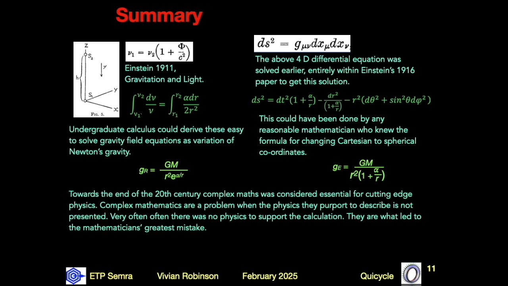Mathematics without a physical reason is now an accepted norm in many aspects of modern physics. Fortunately, it is mainly of theoretical interest. As mentioned earlier, the mathematicians responsible for that regarded themselves as the elite, the best of the best. They have definitely set the best record for the biggest mathematical mistake imaginable.